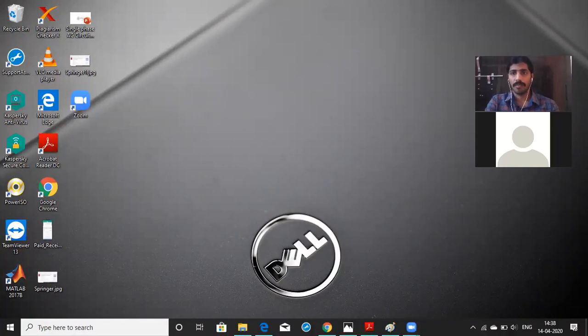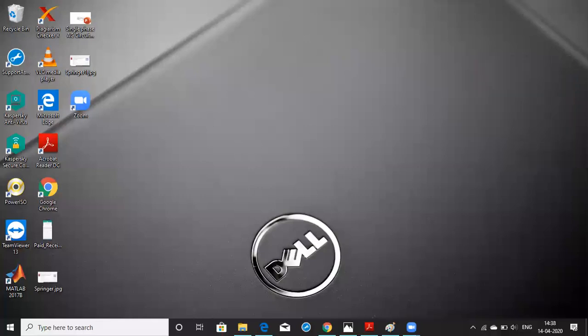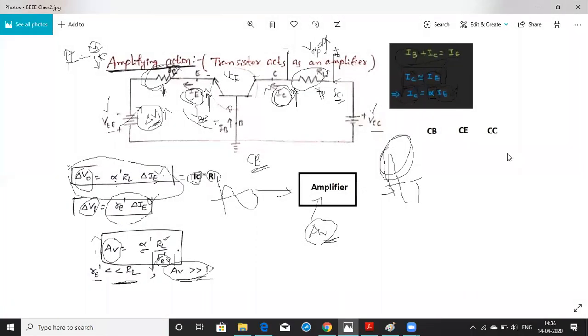Okay, good afternoon all of you. In the last class, we discussed how the transistor acts as an amplifier. That is how the output voltage will increase when you change the input voltage. Whenever there is a change in the input voltage, there will be a large change in the output voltage. For this we used an NPN transistor in a common base configuration. To find the voltage gain, we have a formula: change in output voltage divided by change in input voltage. So whenever you are applying some input signal to the input voltage,